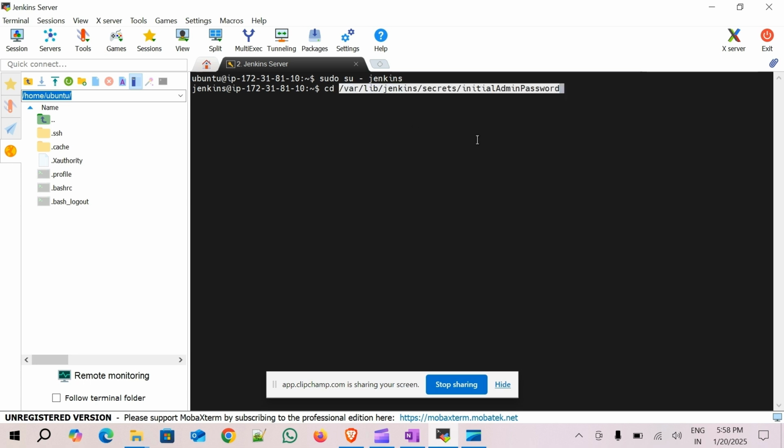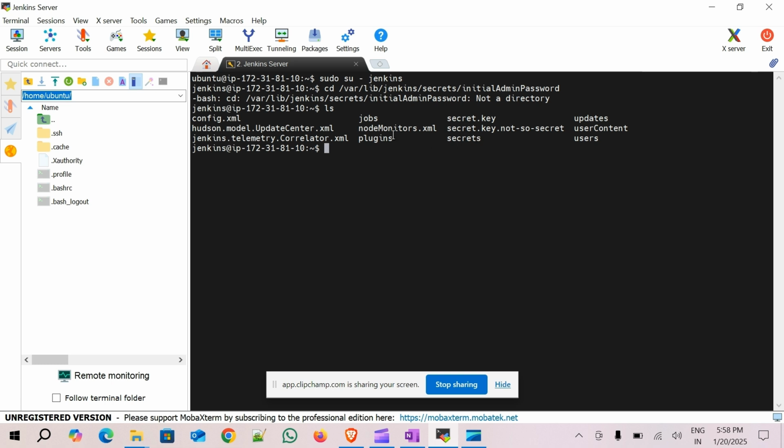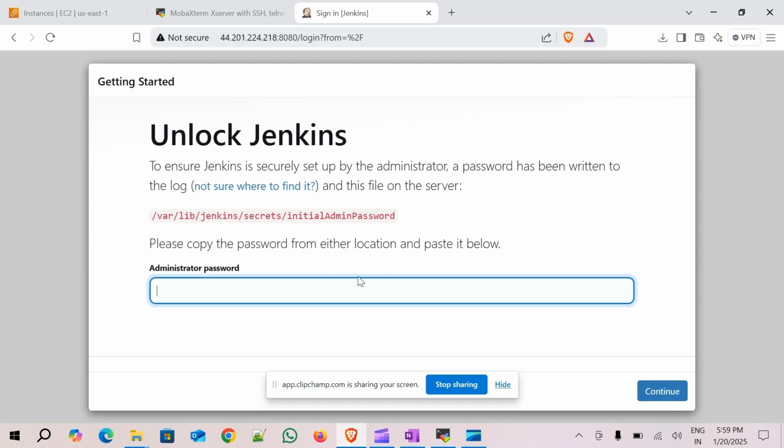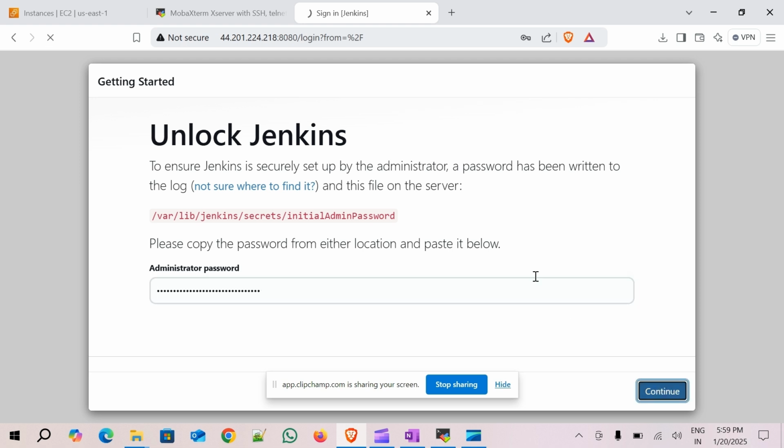Just say cd. My bad. We are already in this location, and it is located in secrets slash initialAdminPassword. So just say cd secrets. Check for this. So just say cat initialAdminPassword and copy this. Come back here, paste the password, click on continue,